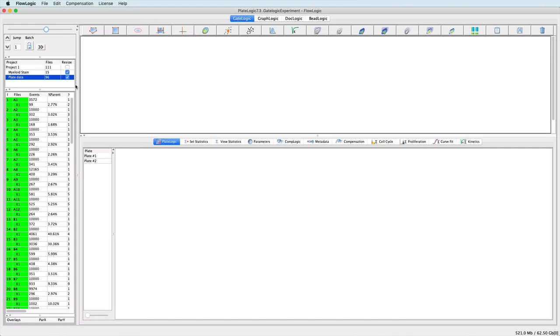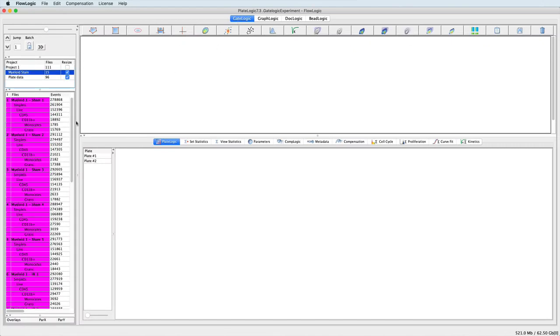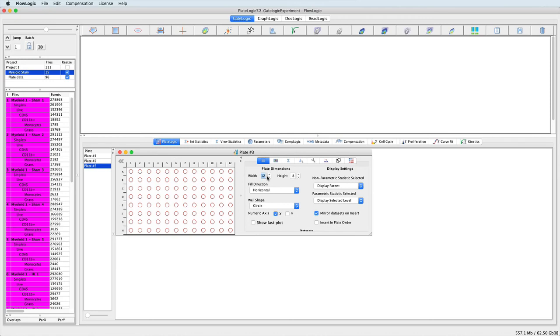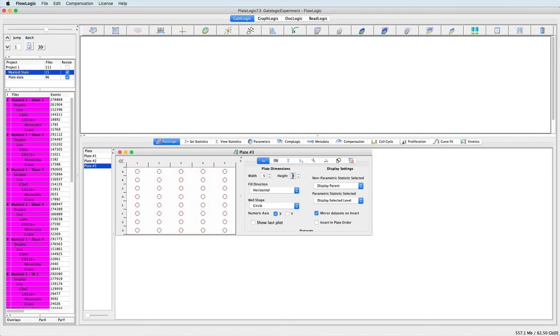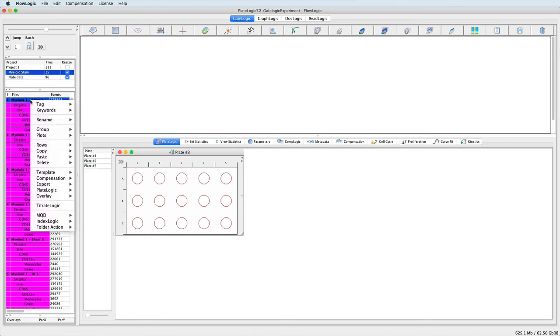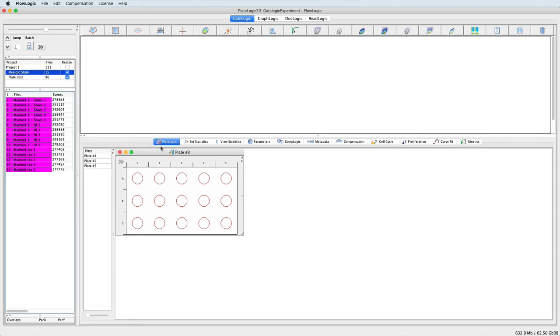Now, in terms of adding samples to a plate, I will show how samples can be added to any well in any order. Here I will create another plate with the same dimensions as we had in plate 2, being 5 by 3. I will also hide the gating hierarchy in the file inspector by choosing rows, show hide gates and hide gates, and now demonstrate that I can drag in 5 samples at a time,